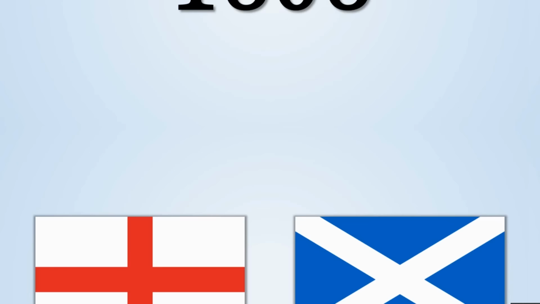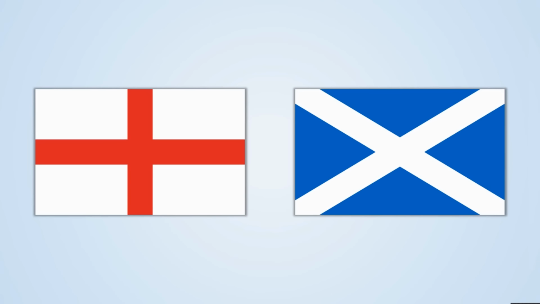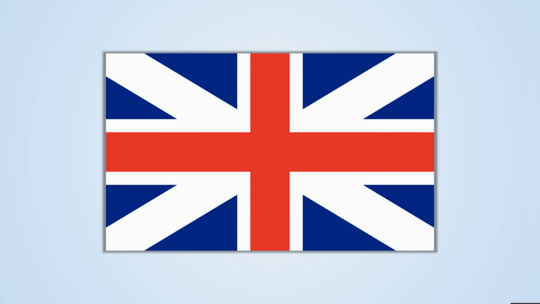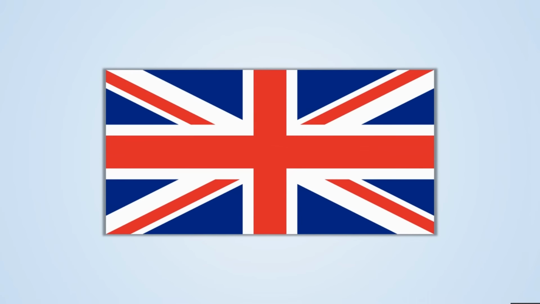Now, in 1606, 3 years after the union of England and Scotland together under James I of England, and I think the 6th of Scotland, they actually melded together the St. George's flag as well as St. Andrew's flag, which is the Scottish saltire, and together they formed this flag with one superimposed above the other. And this is, of course, the ancestor of the modern British flag, or the Union flag as it's often called, which flew over a large part of the world and has been incorporated into many flags because of, well,